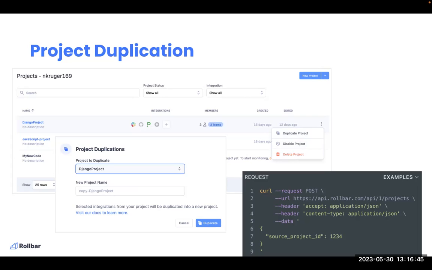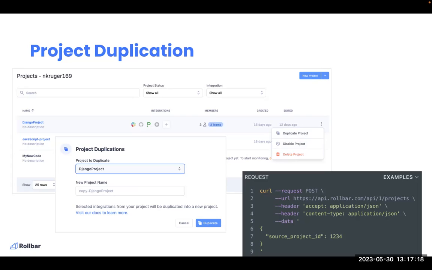What we introduce now with project duplication is the capability to copy an existing project, or what we recommend is to create a template project, and every new project simply uses that template as its base. This allows you to set up all the integrations you want, and whenever you create a brand new project based on an existing one, using this duplication feature, either via the UI or via the API or even our Terraform provider, they will automatically get all the notification rules you want, including